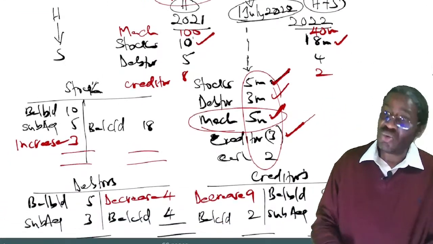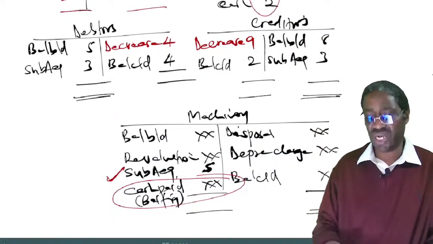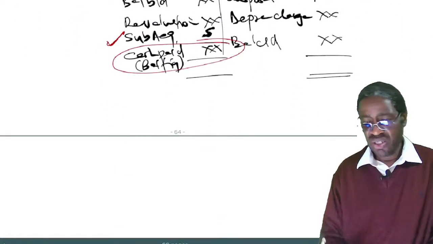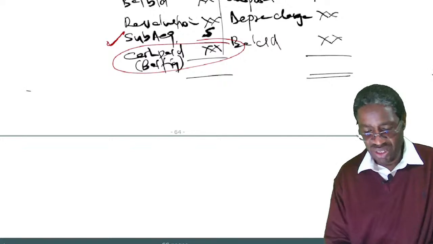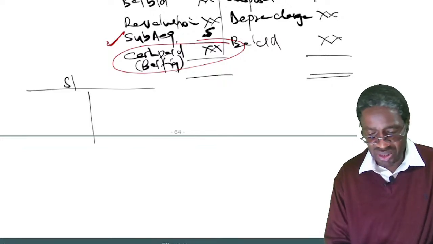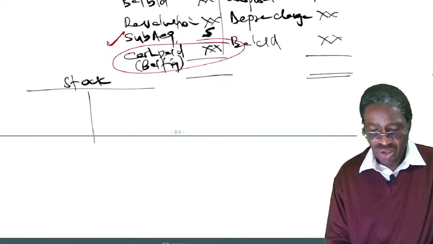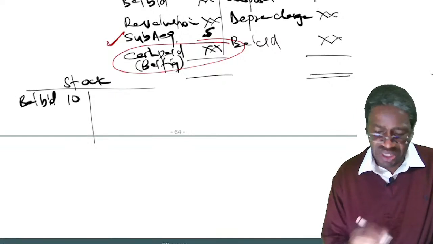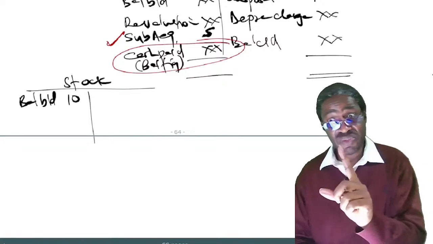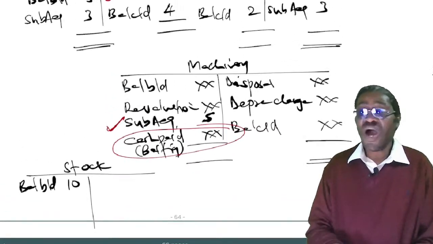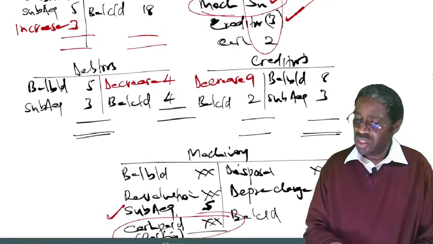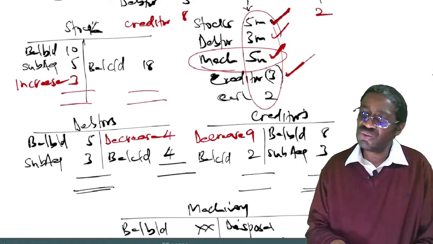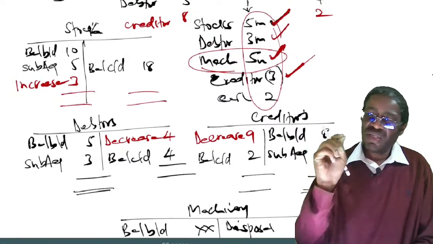Again, you will be required to analyze the stocks account. You will prepare the stocks account. You will bring down the stocks by the beginning of the year, which we are assuming to be 10 million. Listen carefully now. Then, from your additional information, the examiner will have told you that during the year, the group